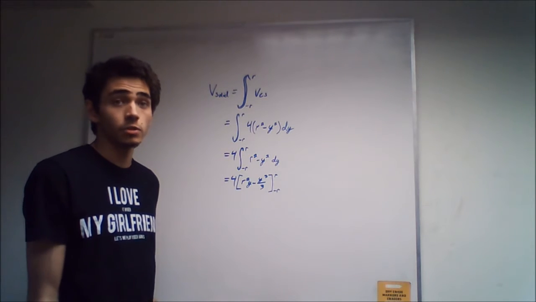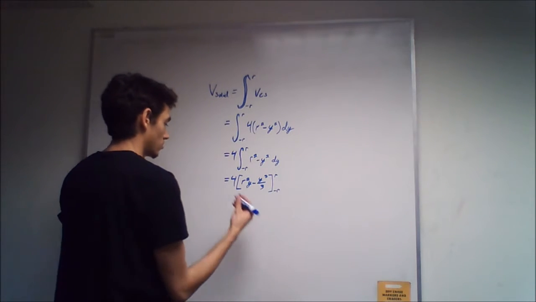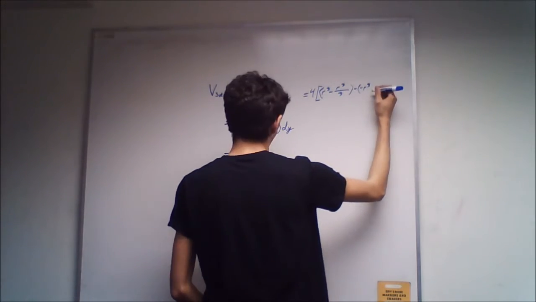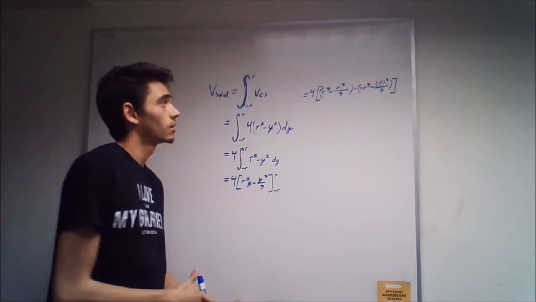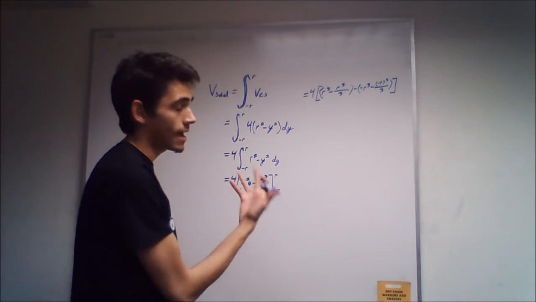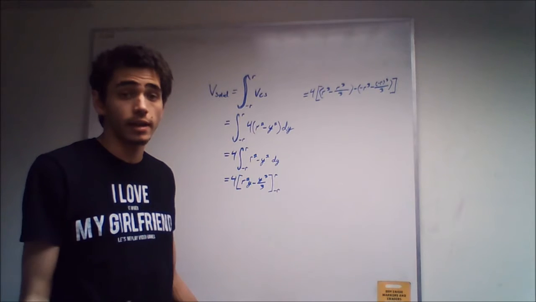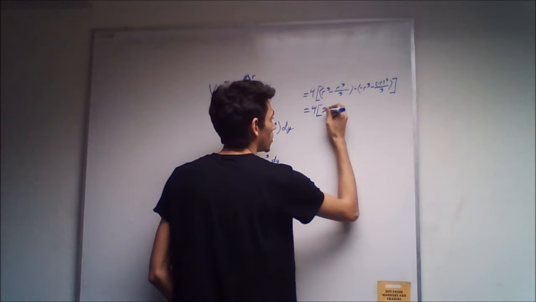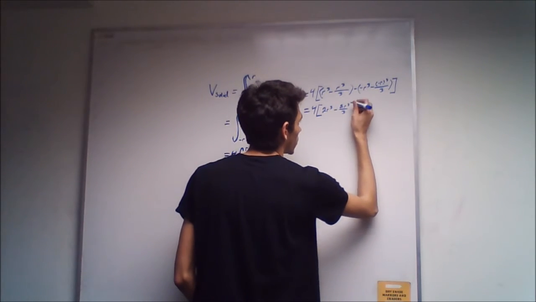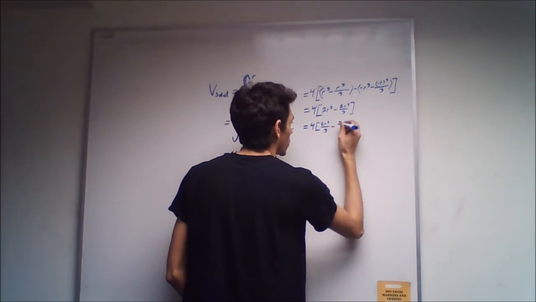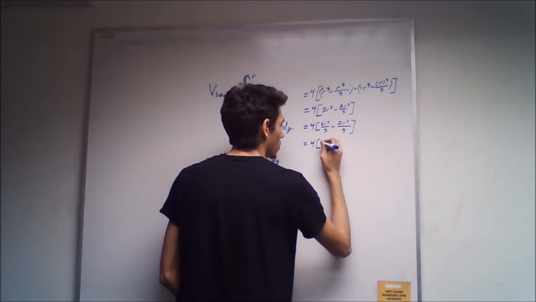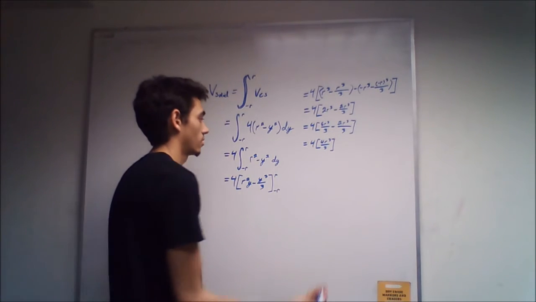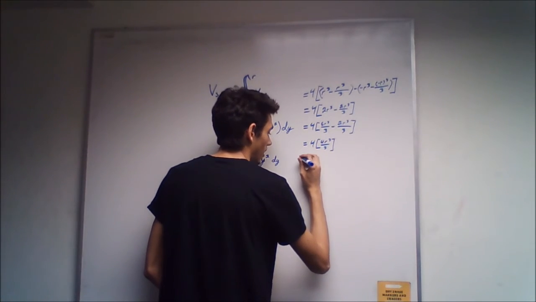Now we can actually evaluate via the bounds. Now, if we add like terms and put everything over a common denominator, we can simplify. And now that we have everything simplified, we can get the answer. So the volume of our solid